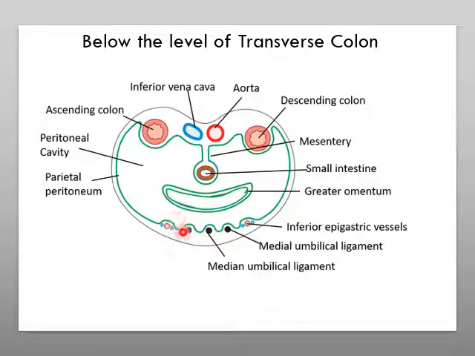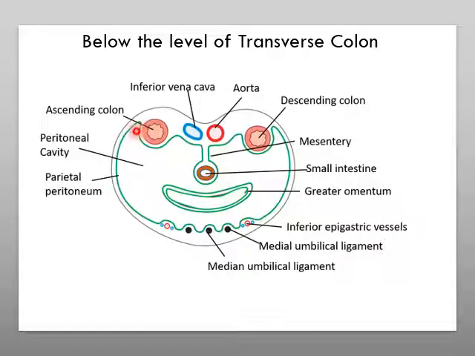These are nothing but, just now we have seen, the folds of the median, medial and lateral umbilical folds which the peritoneum has formed. So, these are the things which are present within those peritoneal folds. Next, tracing it to the right side. The parietal peritoneum will be covering the anterolateral part of the abdomen, and then reaching the ascending colon, it will be covering the anterior layer of the ascending colon.